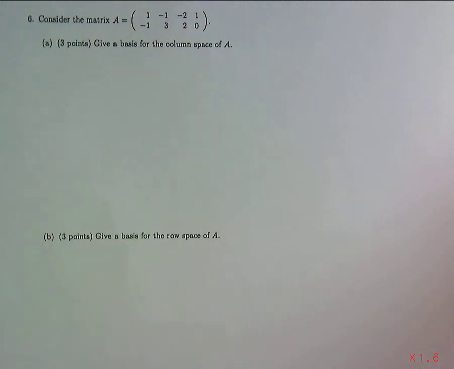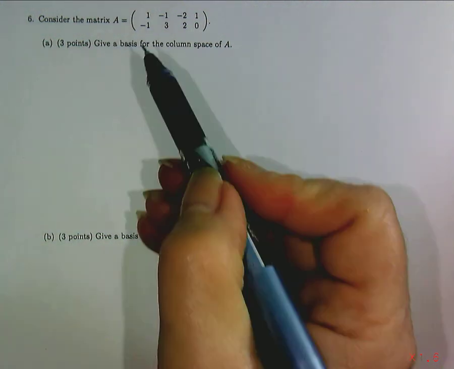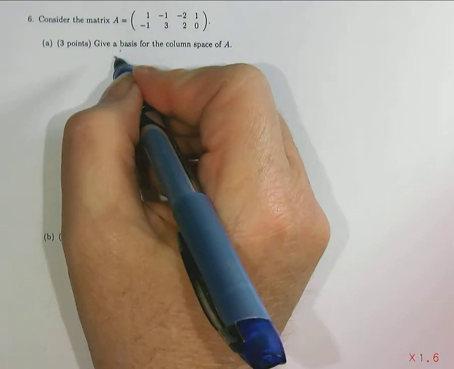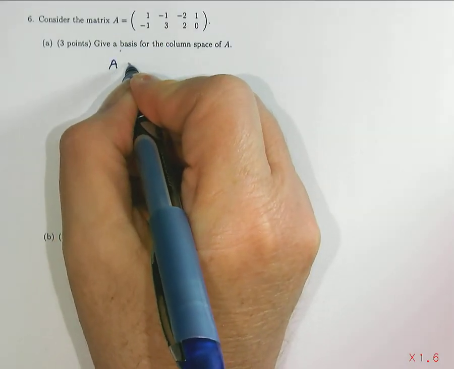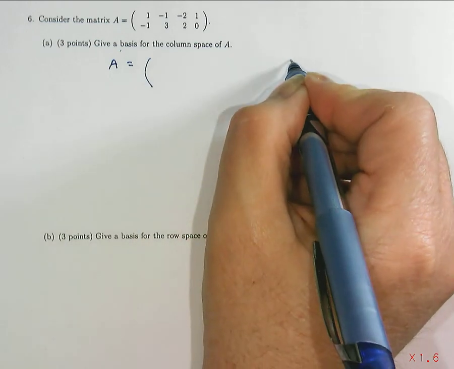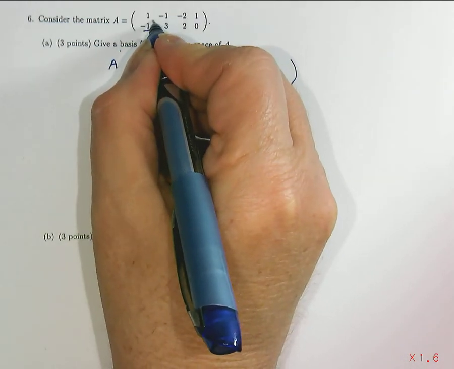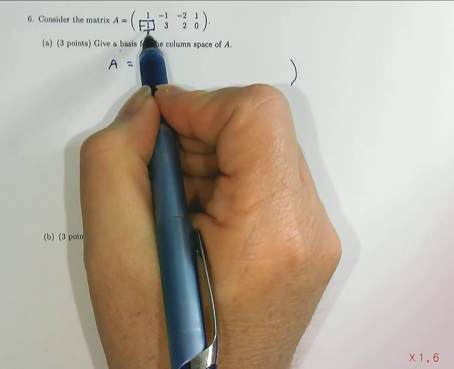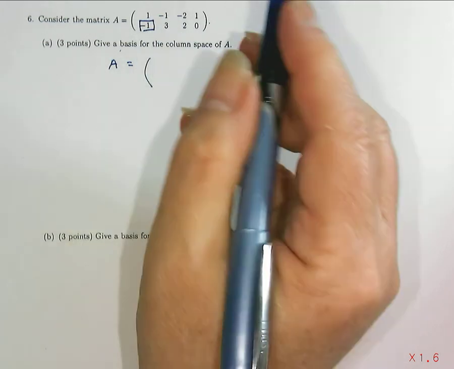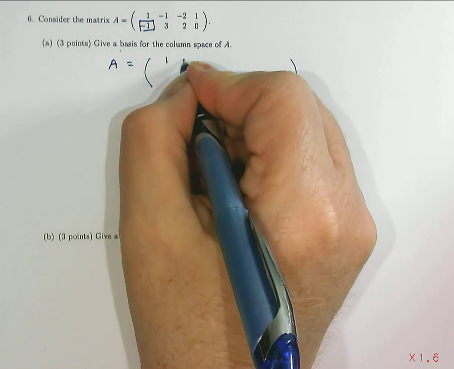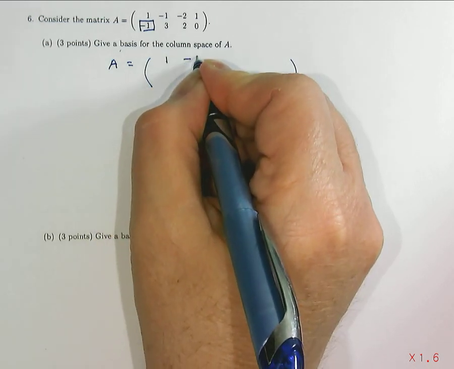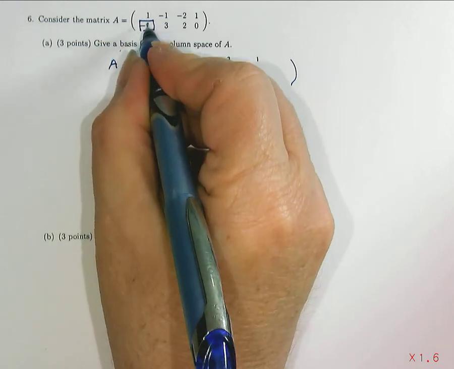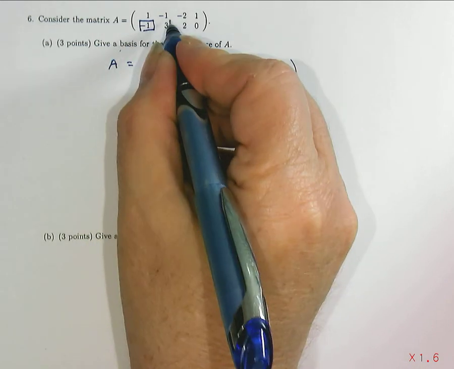Let's look at problem number 6. We want to give the basis of the column space of A. Well, we need to put A in row echelon form. And to do this, we need to zero out the entry in the second row, first column. The first row will remain the same, so it will be 1, -1, -2, 1. And the second row will become 1 plus -1 is 0, 2,